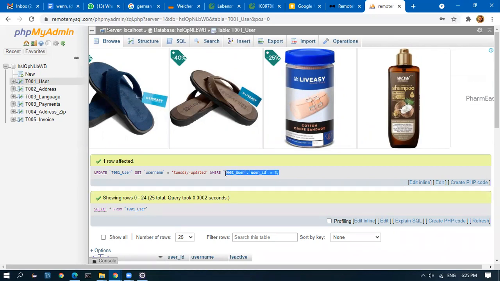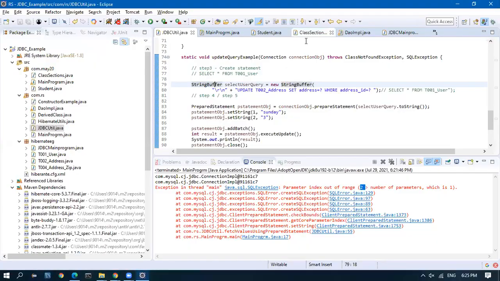So using the primary key, this is a primary key, we update this value. That's what I've given here: update table set value equal to, where primary key equal to something. Okay. The other things are the same. Any question? No. Okay, the rest of the things are the same.